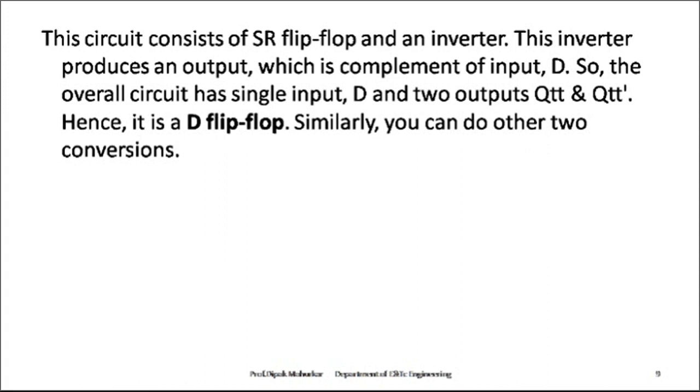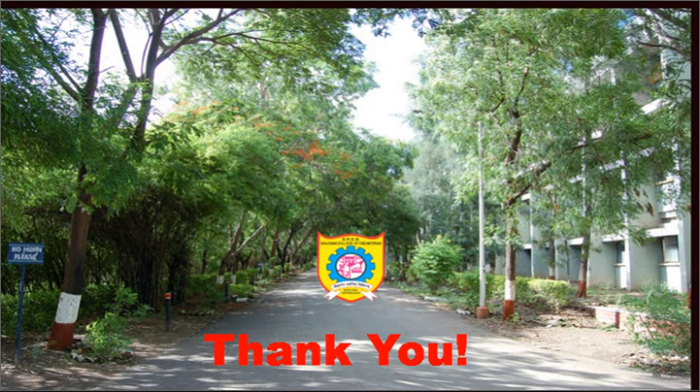You can do the same for other types of conversion, to convert one type of flip-flop to another type. Initially, inside we write the present state and next state in two columns; on the right side we mark the flip-flop we want to convert to, and on the left side the inputs of the flip-flop we are converting from. By referring to the excitation table, we convert one type of flip-flop to another type.